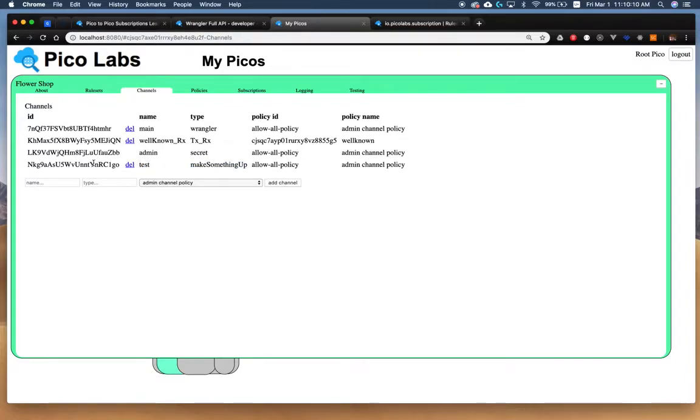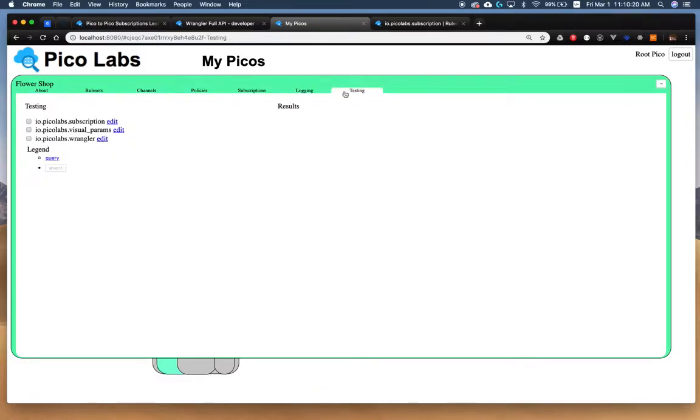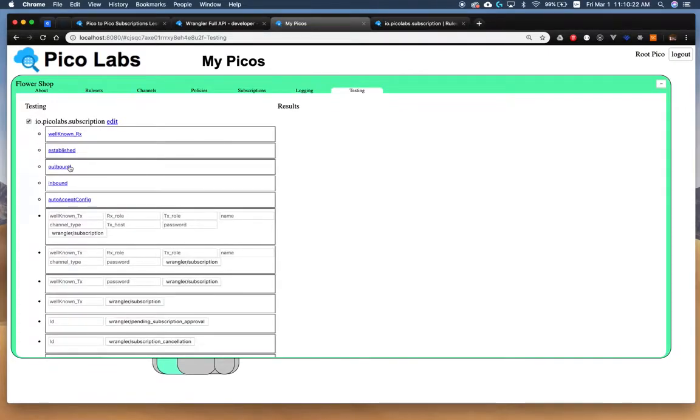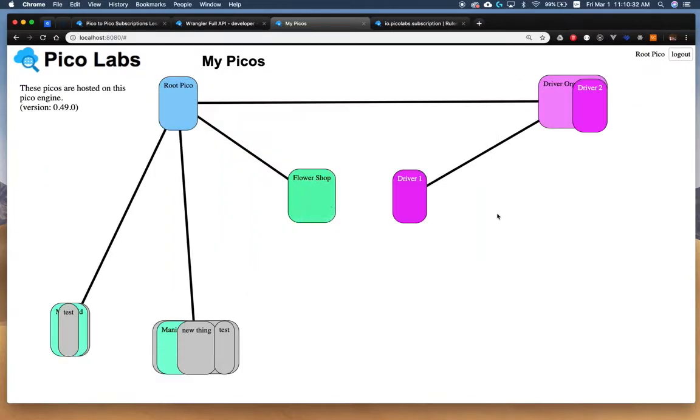So this is essentially the channel that the flower shop intends to receive new events in this new relationship that it's making with the driver. And you can view those things by clicking on the outbound subscription. So this is going to give you an array of things that are essentially considered pending. Now we'll talk about the pending more in just a minute, but let's look over at the driver as well,